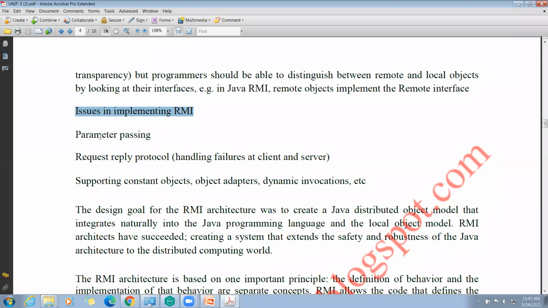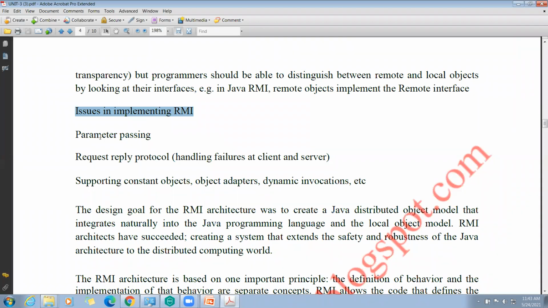The second issue is the request and reply protocol. This request and reply protocol handles failures at the client and server. Sometimes client-server communication may take higher latency. Sometimes the communication may fail. That depends upon which request-reply model we are using.